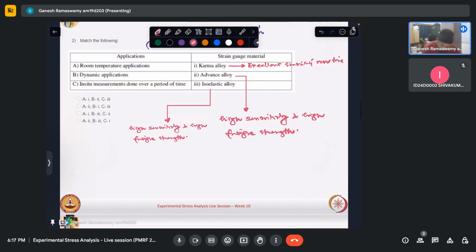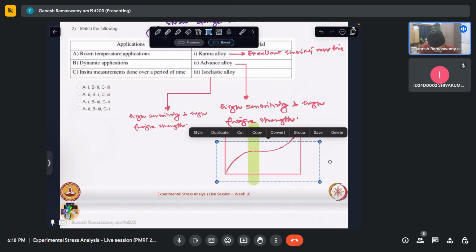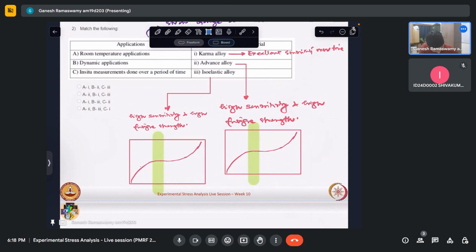Now, given that these two are the applications, if we see the temperature sensitivity of advanced alloy, you can see that there is one graph that is provided, that how the apparent strain comes about with the temperature. Now, if we see, the graph would be something like this, where this band would nearly be the room temperature, around the room temperature. And if we were to see the same thing for